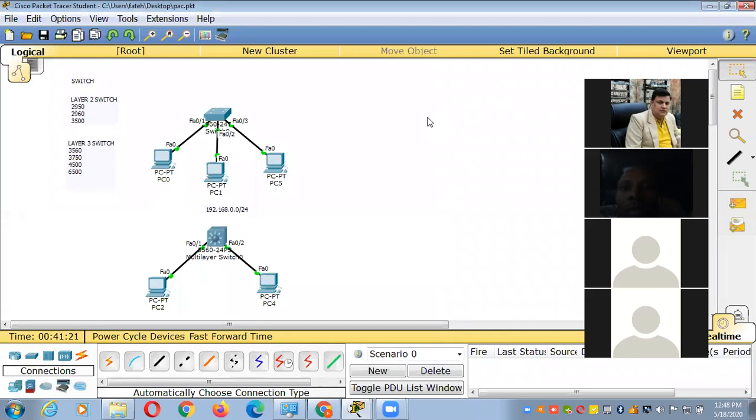So if computer A is trying to communicate with computer B, but computer A does not have the MAC address of computer B, what will computer A do here? It will create a special type of packet.